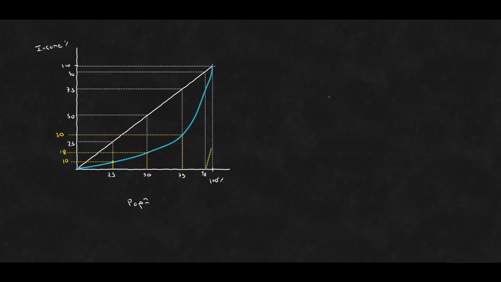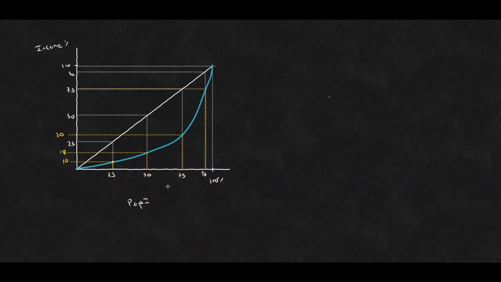In our case here, the 90th percentile, so the top 10% of income, earns 75% of the income. My apologies. So that is 90% of people earn 75% of the income, or that top 10% earns 25%, which is wild in that case. So we can break it down in this way.